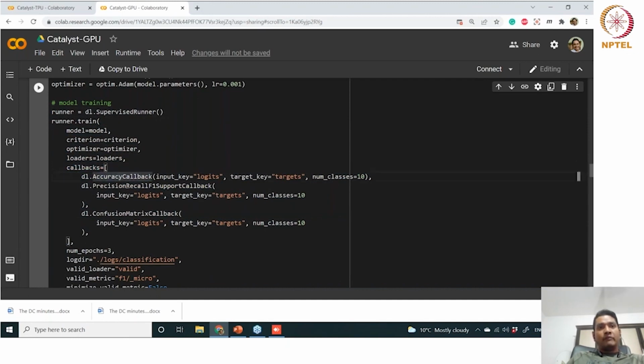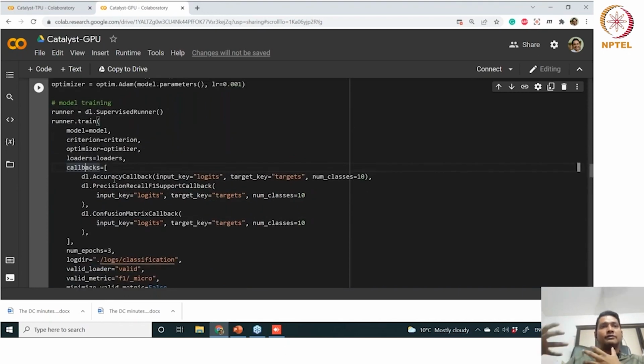because we want to have the callback for accuracy. Okay, we want to have callbacks for precision, recall, F1 score. So all these will be taken care of instantly without writing a single piece of code. So all these statistics will actually be stored. So this is the callback support that I was talking about.